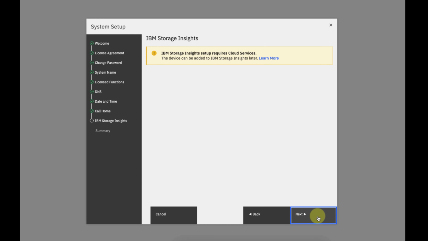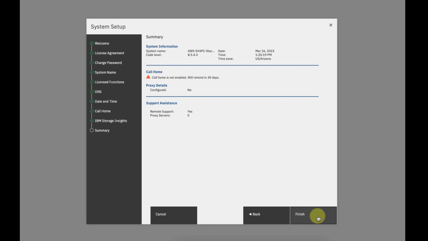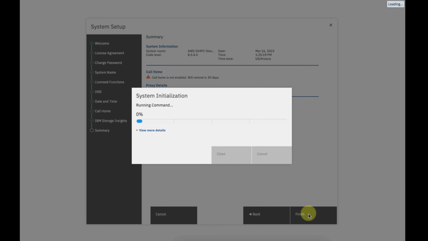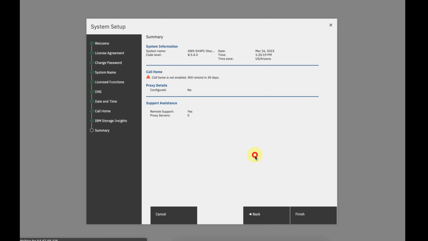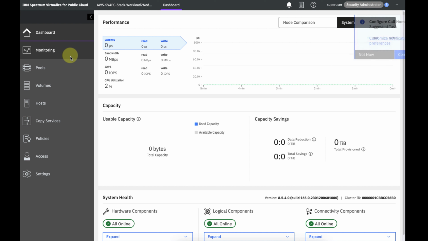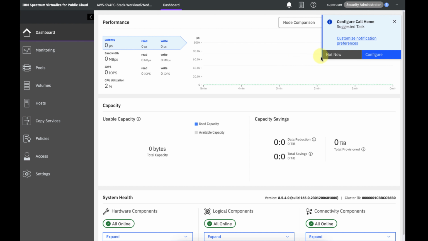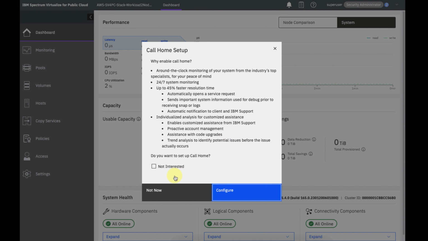As you can see, I simply click on next to review everything. You can set up the call home at any time. Once it's completed, which you'll see by clicking on close here, you're into the actual dashboard, and I'll actually show you just the same exact setup that we'd do with an on-premise one. And again, it's reminding me about